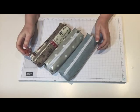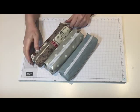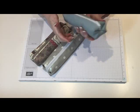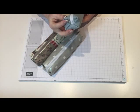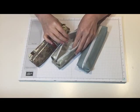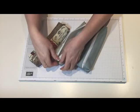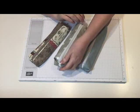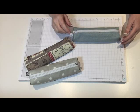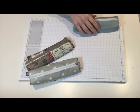Hi, so in today's video I'm going to show you how I made these cute little pencil cases. They've got this great little detail on the end and they're really quick and easy to do, and they only look small but they hold quite a lot of pens, so I thought I'd show you how to make them. The finished size is about 8 inches by